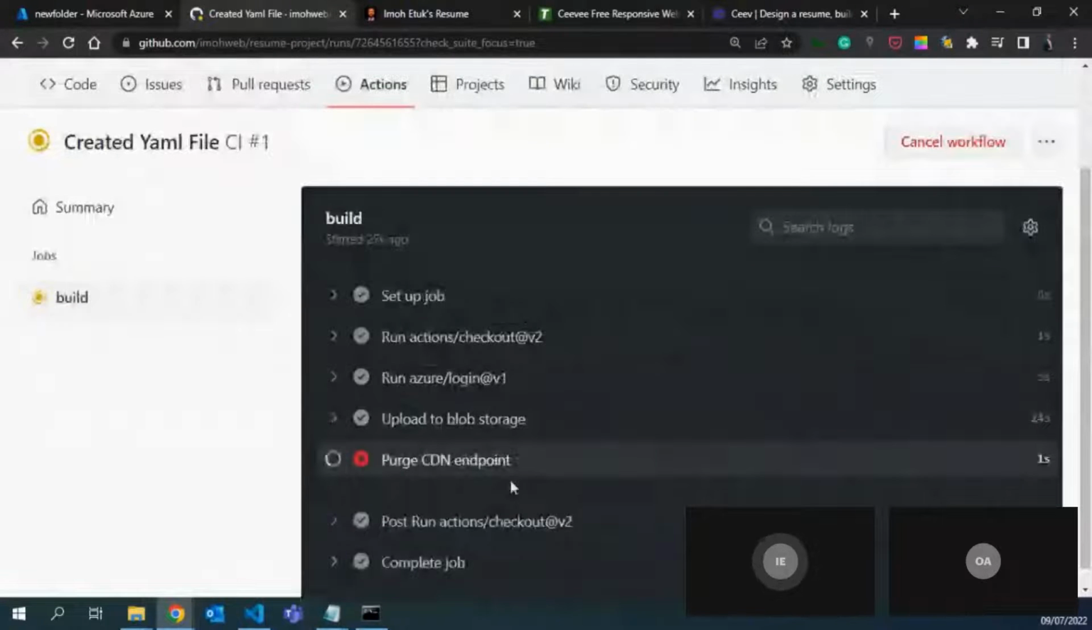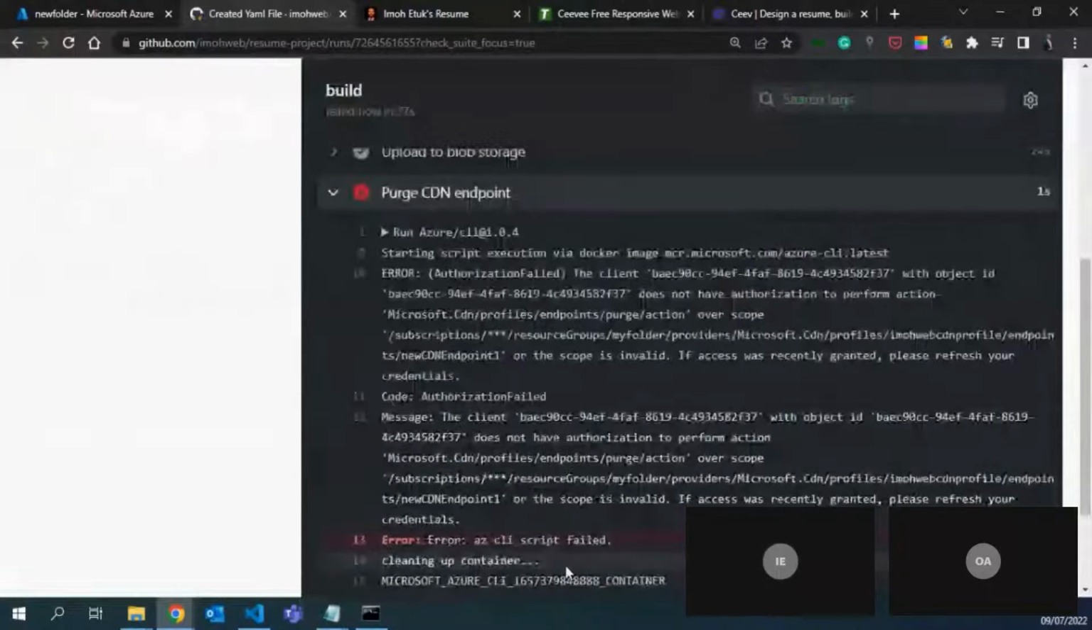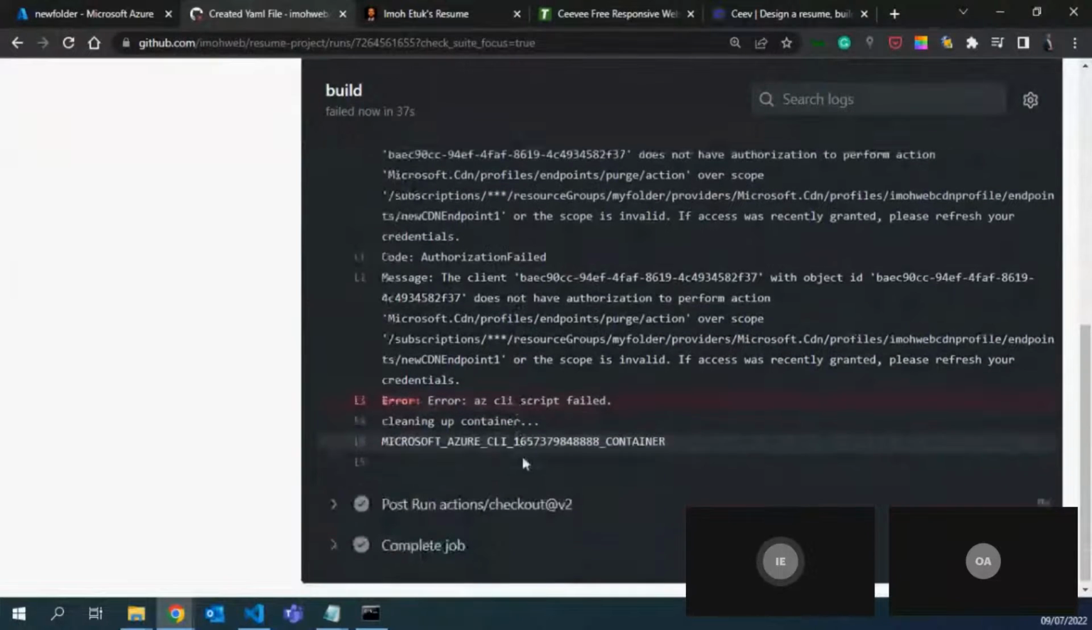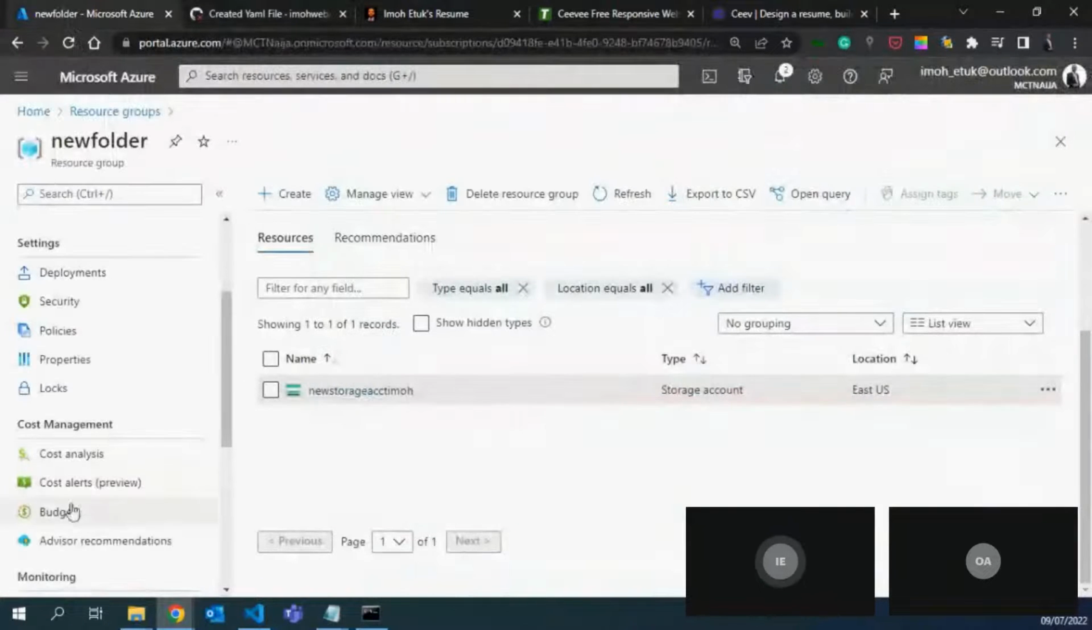So the CDN has an issue. I know why this issue might come up, maybe because of the resource group. Let's see something. Resource group folder, my folder. The endpoint cannot be found in that. So that is the error here. That is why you cannot build this thing. But that doesn't mean that our file has not been uploaded